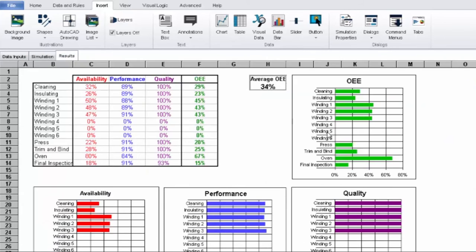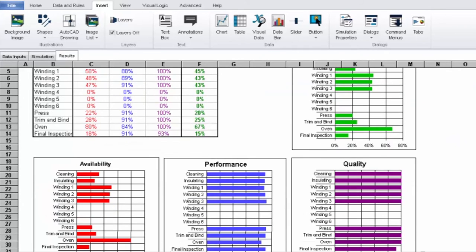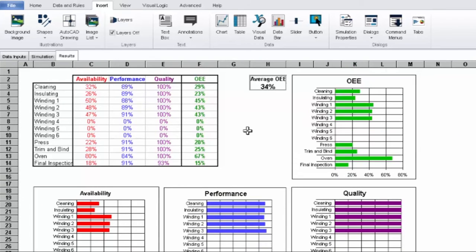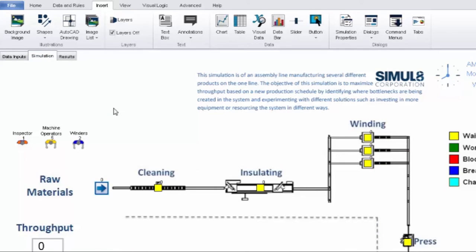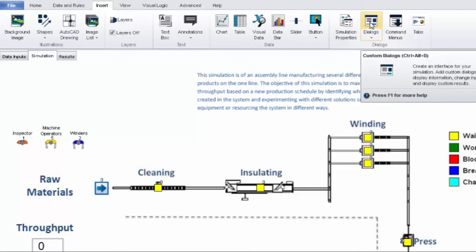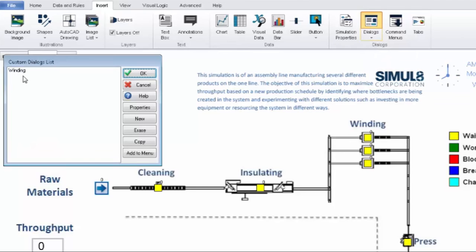Like before, we can now navigate smoothly between the tabs. Users can also scroll in the spreadsheet if there is a larger spreadsheet to display. Finally, we want to give users the ability to test scenarios quickly, so let's add a Scenarios tab that lets users control the number of winding stations in this simulation. We've already constructed a simple Simulate dialog called Winding that controls the simulation logic to do this.